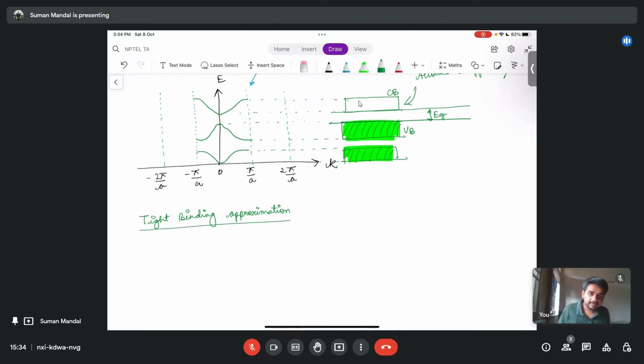In the tight binding approximation, we talk about how, if we apply pressure and bring the particles together, you can still study the band gap. So why is it called tight binding? Because the assumption is that even though all the atoms are free initially,